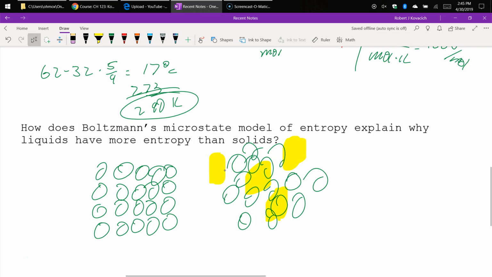So the number of different possibilities for organization of all the atoms is much greater because they're allowed to move around. So the more possible places I could put all the atoms relative to each other causes the entropy of that system to be much higher in the liquid state than it ever is going to be in the solid state. I suppose we could say, unless we're talking